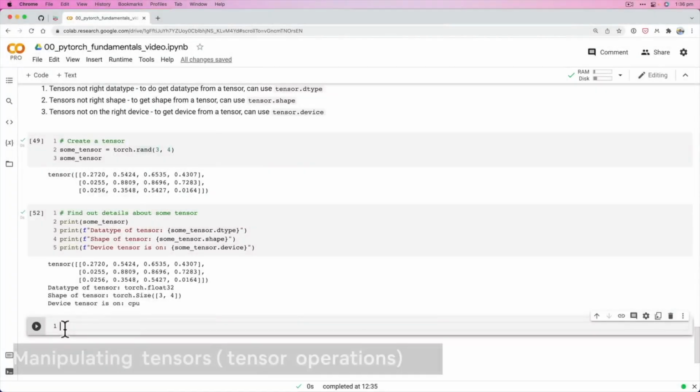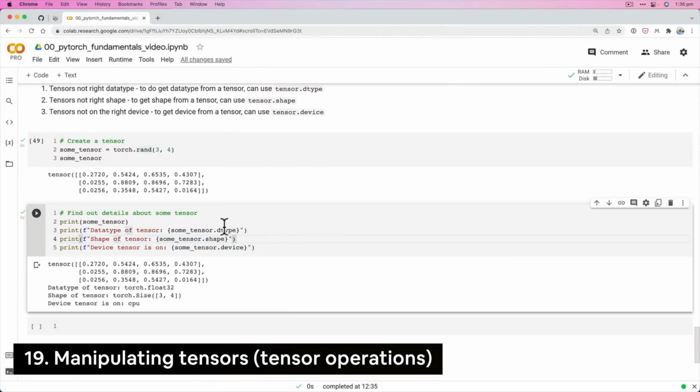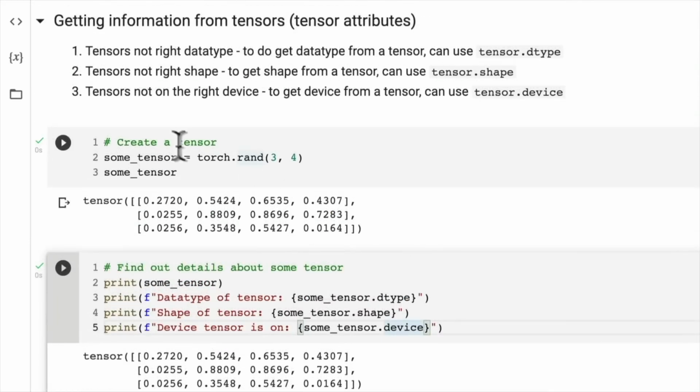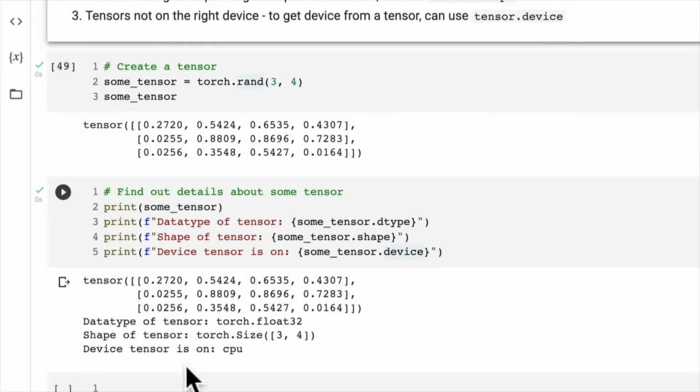Welcome back. So in the last video, we had a look at a few tensor attributes, namely the data type of a tensor, the shape of a tensor, and the device that a tensor lives on. And I alluded to the fact that these will help resolve 3 of the most common issues in building neural networks, deep learning models, specifically with PyTorch. So tensors not being the right data type, tensors not being the right shape, and tensors not being on the right device. So now let's get into